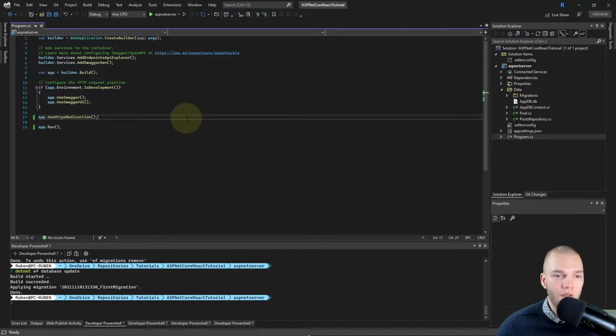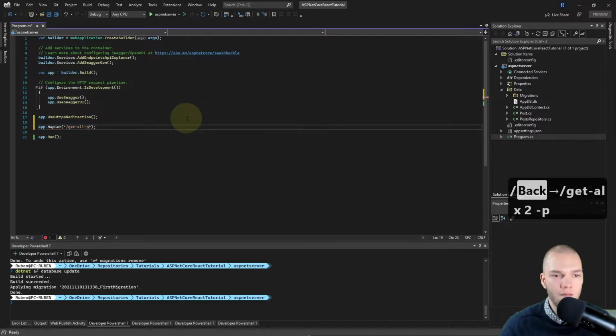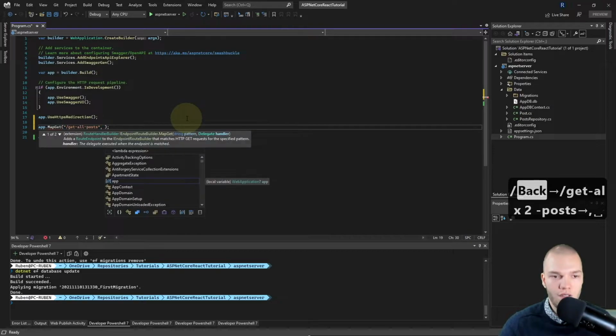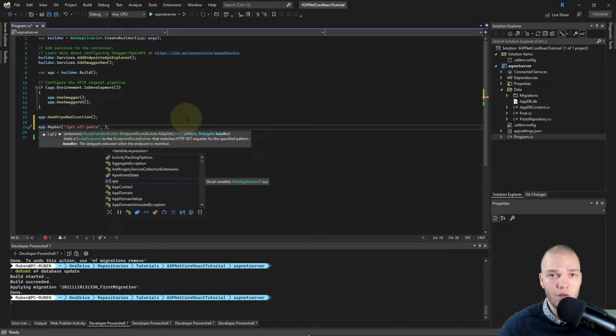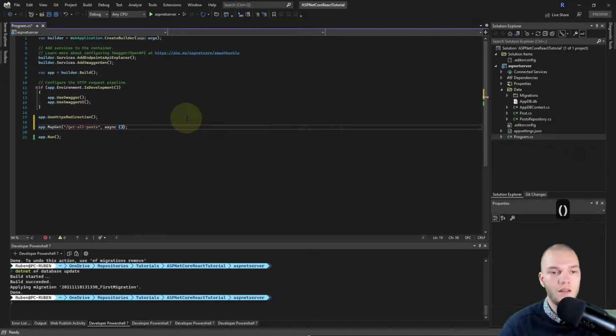So below UseHttpsRedirection, I'll just add app.MapGet. And so for the first argument, I'll pass in the route. So that's going to be /get-all-posts. And for the second argument, the code we want to run, I'll do an anonymous method or anonymous function, and that's async, and it has no parameters.